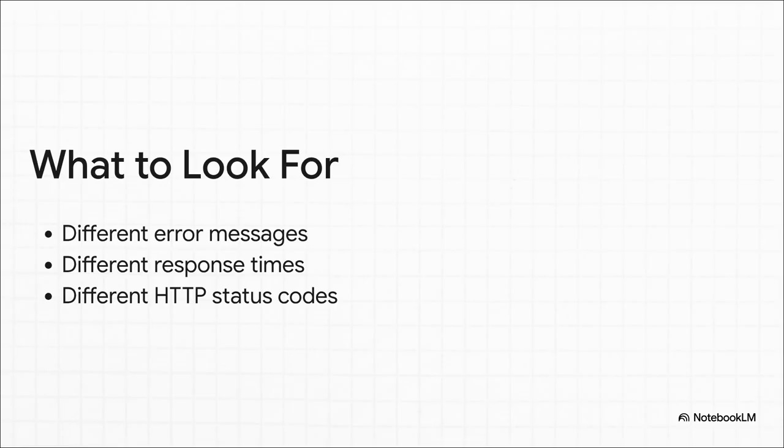Now, the clue isn't always a different error message. It can be way more subtle. Sometimes the server just takes a little bit longer to respond for a real username. We're talking milliseconds, because it's actually doing the work of checking the password. Or maybe you'll see a different HTTP status code, or the length of the response is a few bytes off. An attacker is a detective here, looking for any tiny repeatable difference that gives the game away.